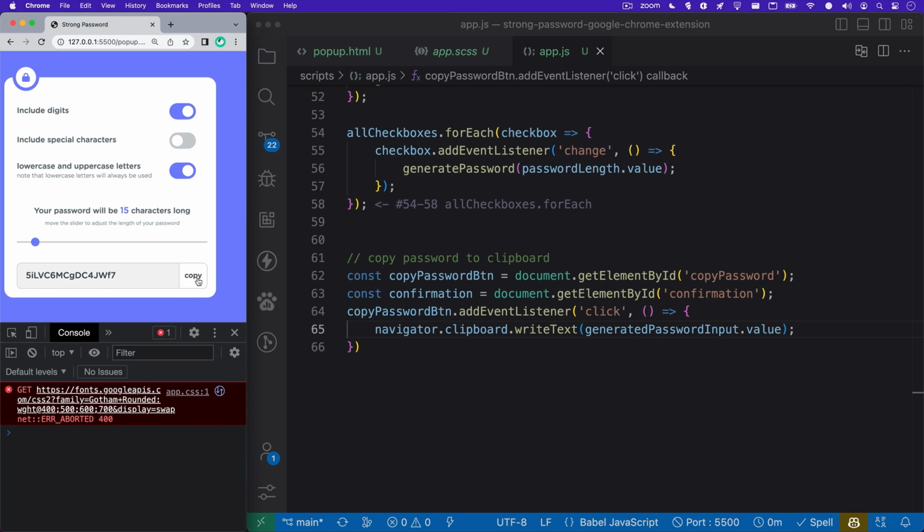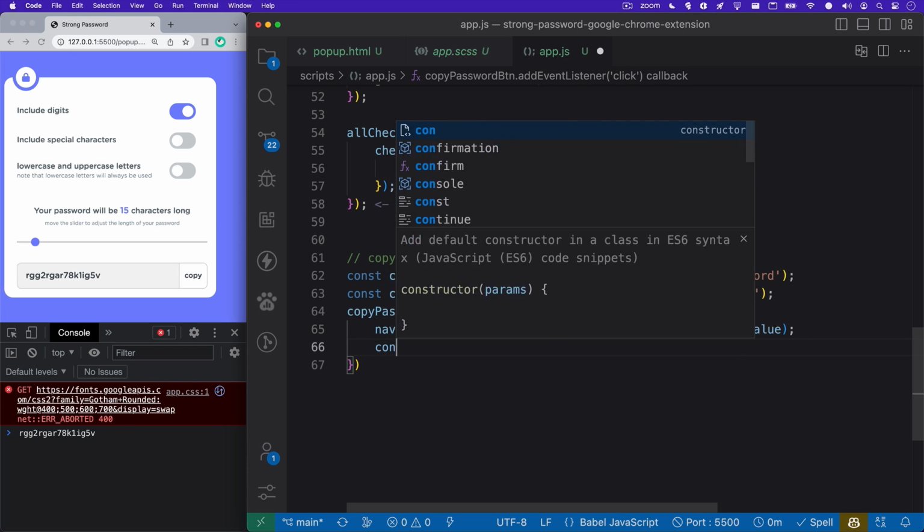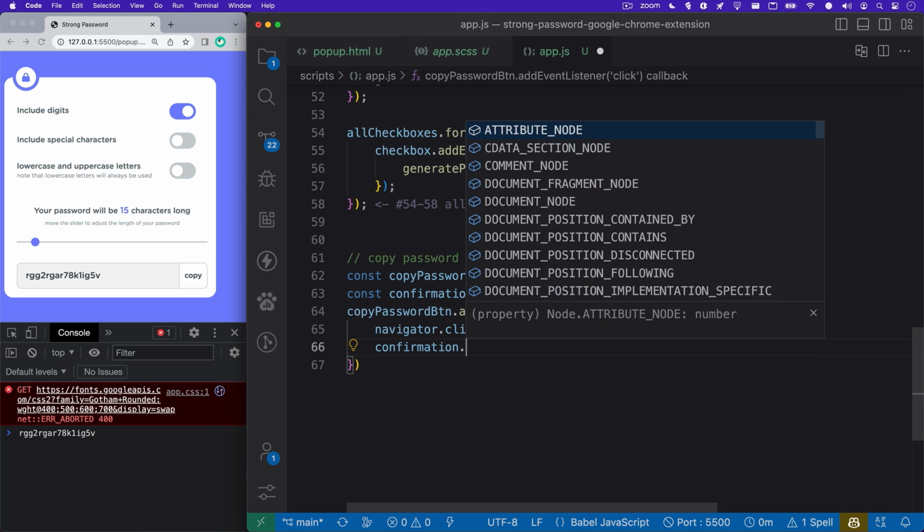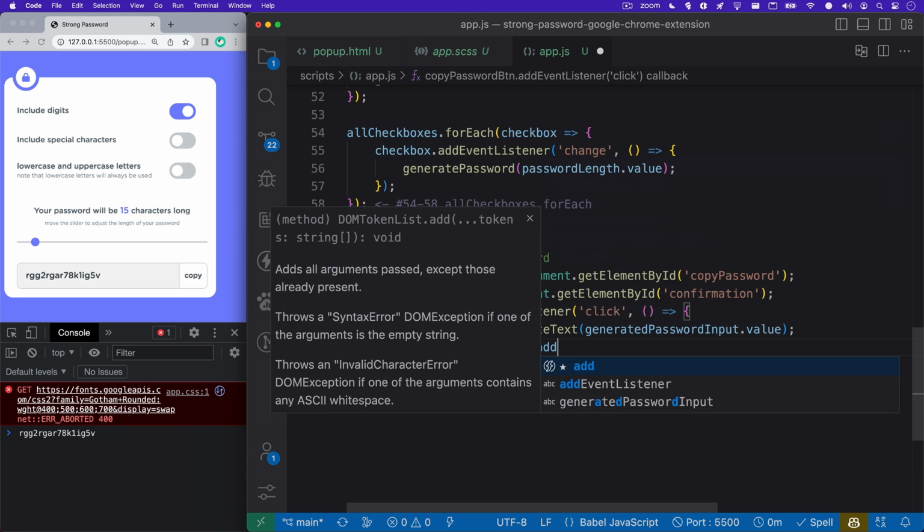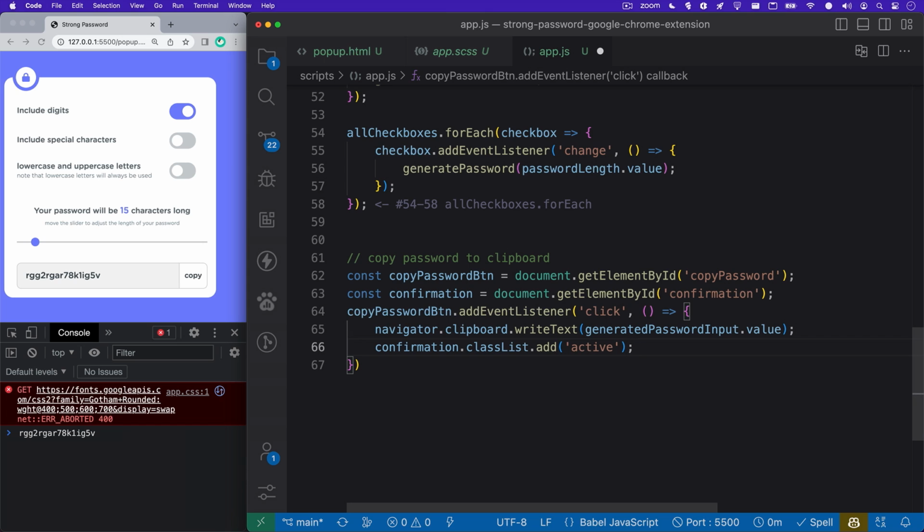Now, if we click the copy button, we can see that we're now able to paste in the password because it was copied to our clipboard. Pretty neat. Now let's tackle the confirmation. We'll just write confirmation.classList.add('active'). Now, if we click the copy button, we get our confirmation popping up, but